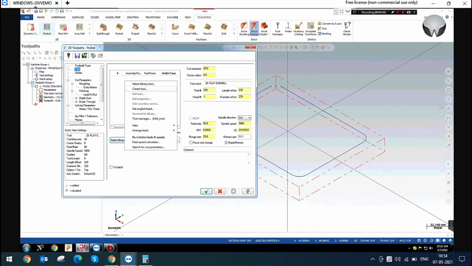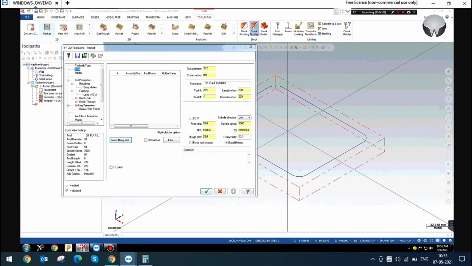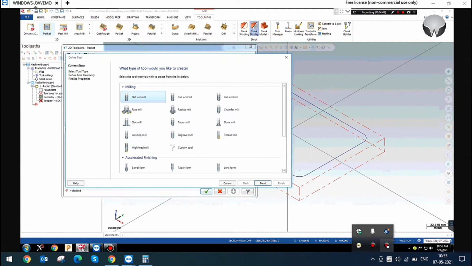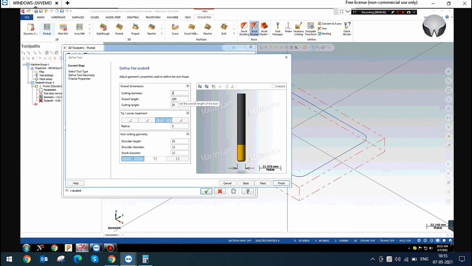Next we are going to create one tool. I'm selecting create tool. I'm defining an insert cutter, a full nose end mill. I'm defining a 20 mm insert cutter and R pointed. This R pointed radius is mentioned above the corner radius of the insert.